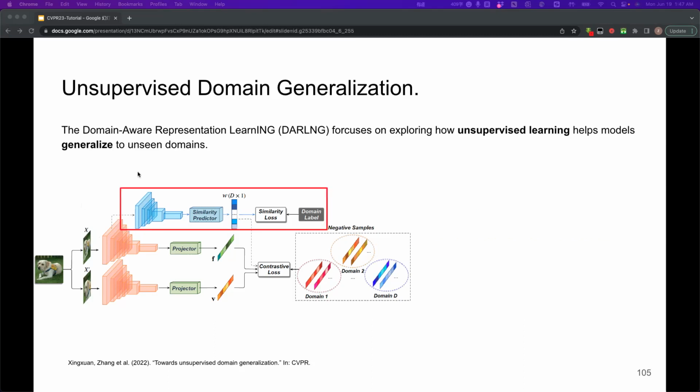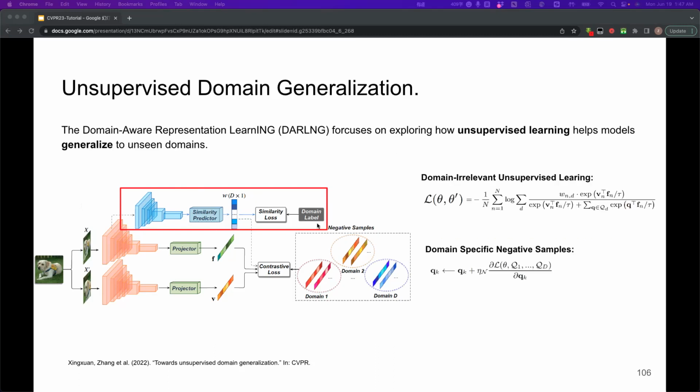As described, this part is the domain classifier, so it is trained with cross entropy using the domain label. And the second part is domain-aware unsupervised learning. This is also still based on InfoNCE, but we find that there is a